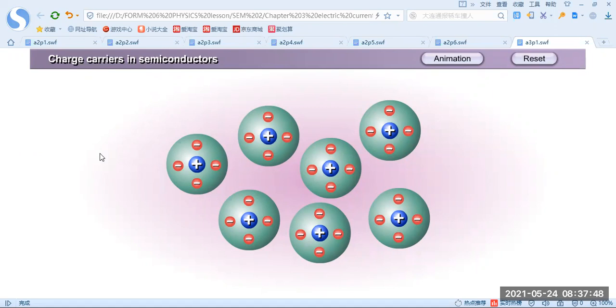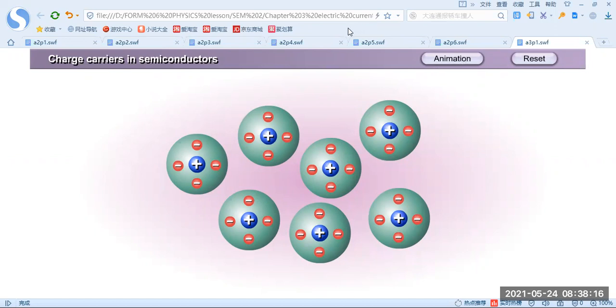Semiconductor has resistance in between the conductor and the insulator. Okay, the semiconductor, actually the resistivity can be changed by doing something. So let's look at the